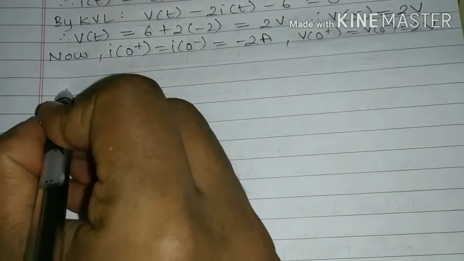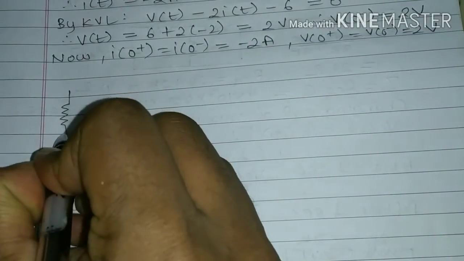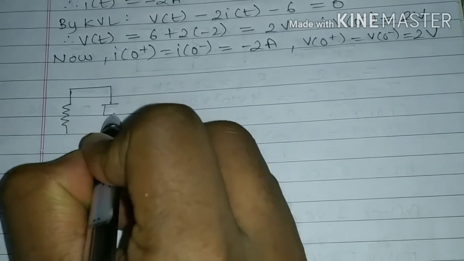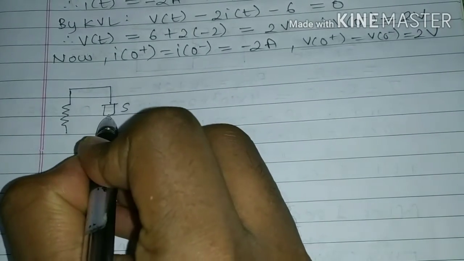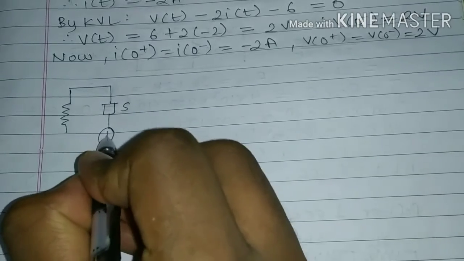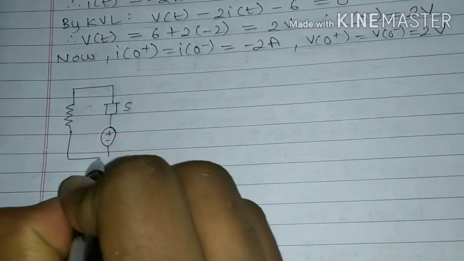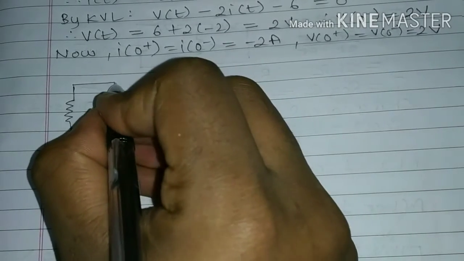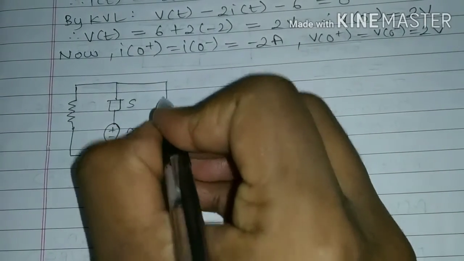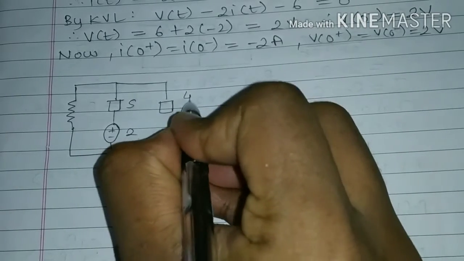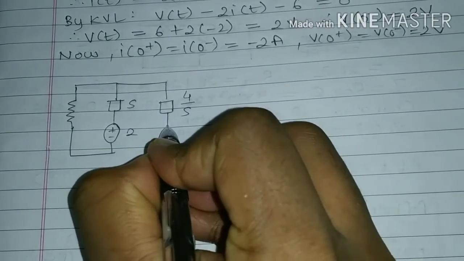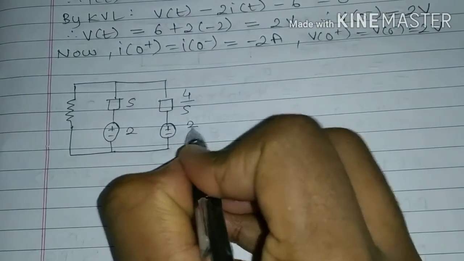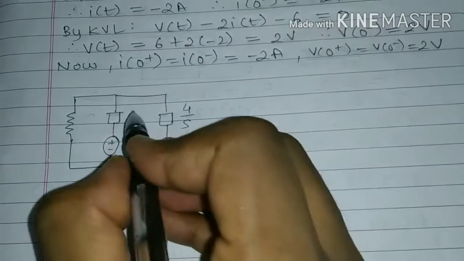Now let's draw the Laplace circuit of the given circuit. So the resistor will remain as 2 ohms, inductor Ls, so L is 1, it will be S, and since it has an initial current, it will act as a voltage source of L I of 0 minus, and since it is minus 2 volts, I am taking the polarity as reverse and thus writing it as 2 volts. Now the capacitor will act as 1 upon Cs, and so it is 4 by S, as well as it is having an initial voltage which is V of 0 minus upon S, that is 2 upon S.